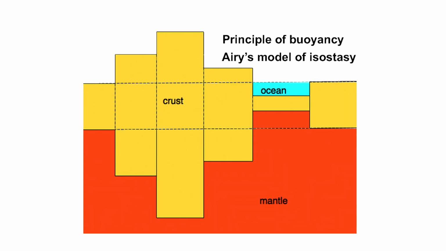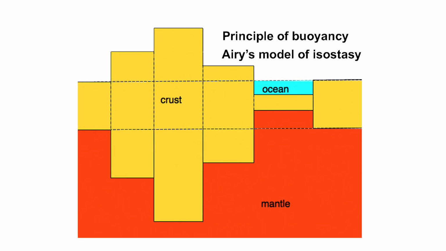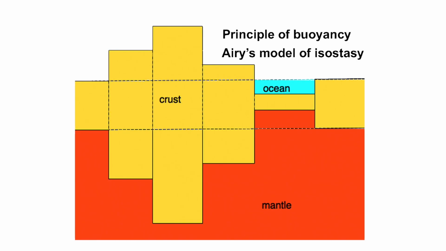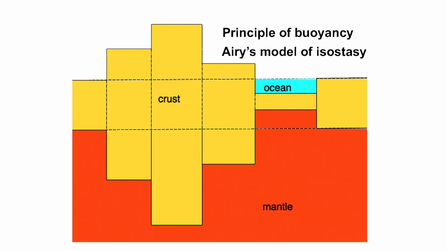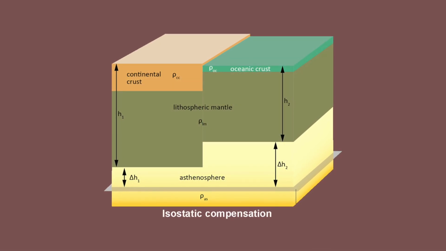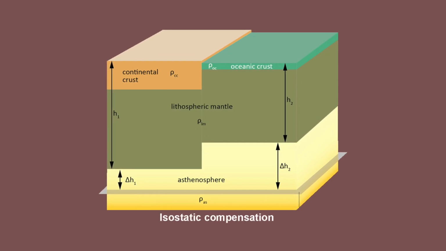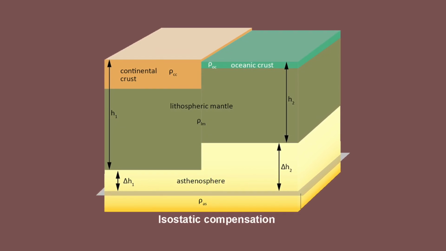The taller the mountain, the deeper its root, which extends into the mantle, and this is similar to how most of an iceberg lies below sea level to maintain buoyant equilibrium. This illustrates the principle of buoyancy that underlies Airy's model of isostasy, where variations in topography are supported by differences in crustal thickness. This explanation captures the essence of isostatic compensation and how differences in elevation are supported by variations